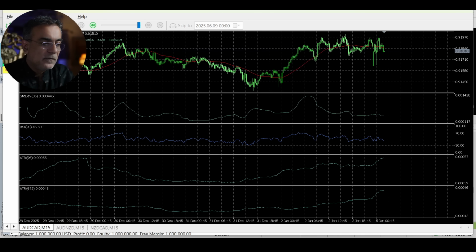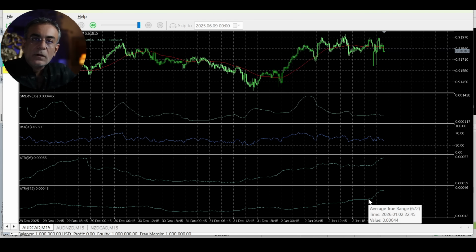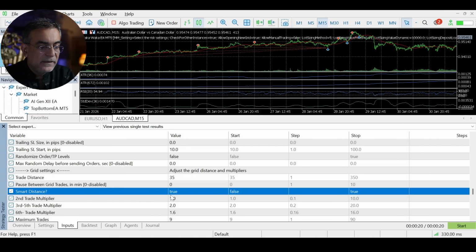But more importantly, what I've noticed is that there is a link to this ATR 96 and ATR 672 to get the volatility in the market. So if there is more volatility in the market now versus the longer period ATR, then this divided by this is being used as a multiplier to then increase the level from 35, whatever the user has put, to a different level. And I know this because you have this smart distance, which if it is true,